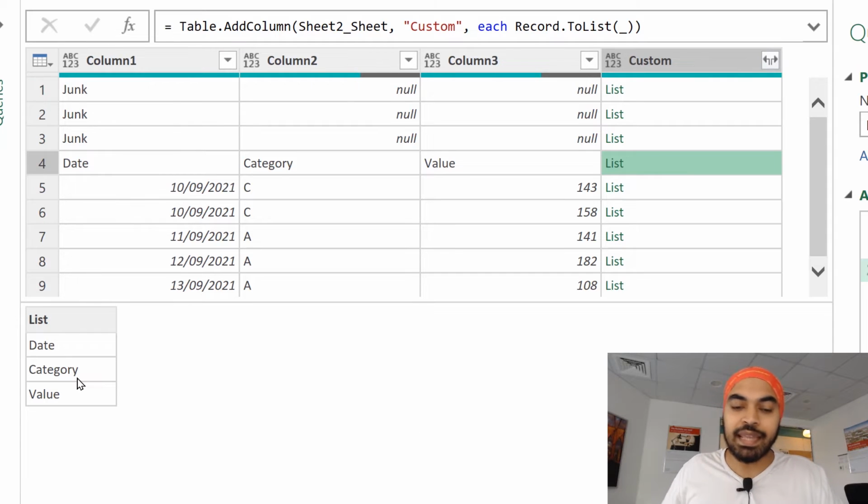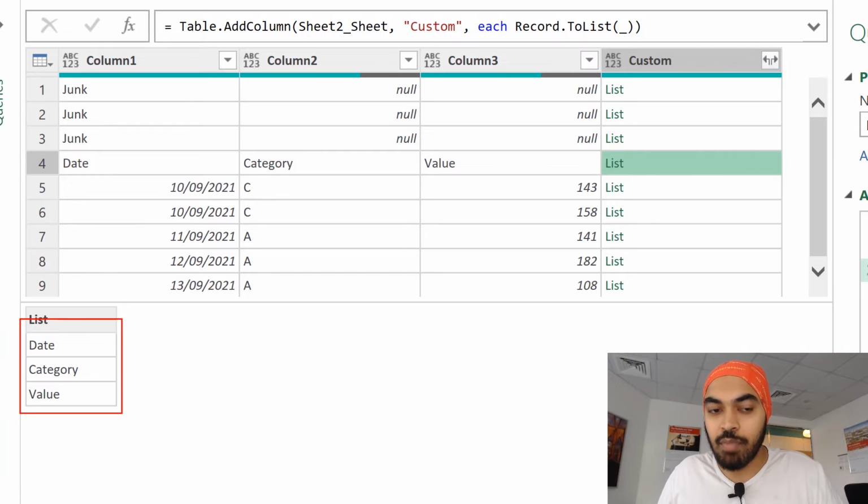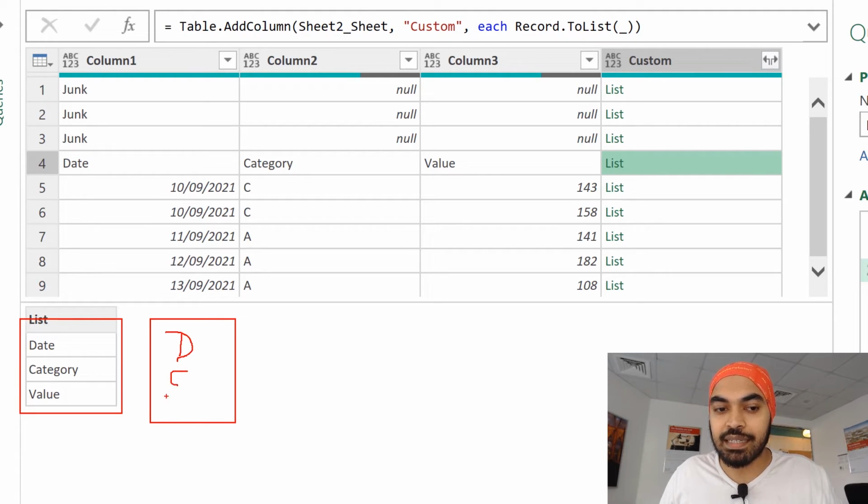And now I can actually build a simple check that, hey, take a look at this list, and I'm going to give you my list, and my list is going to have the same values, date, category, and the values. Do these two lists match or not? If they don't match, remove them. If they match, keep it, and henceforth all the rows are going to be kept.